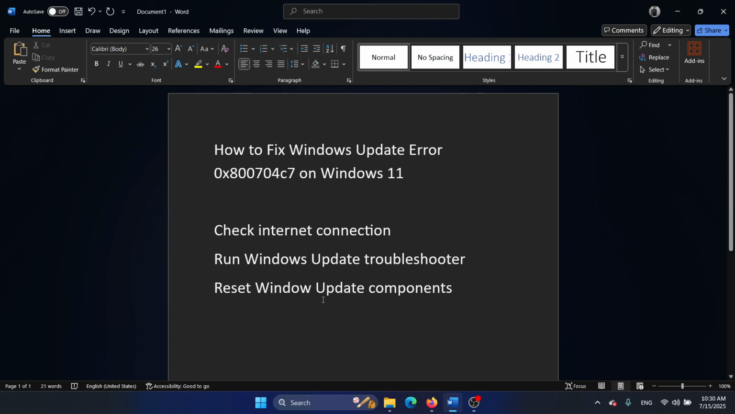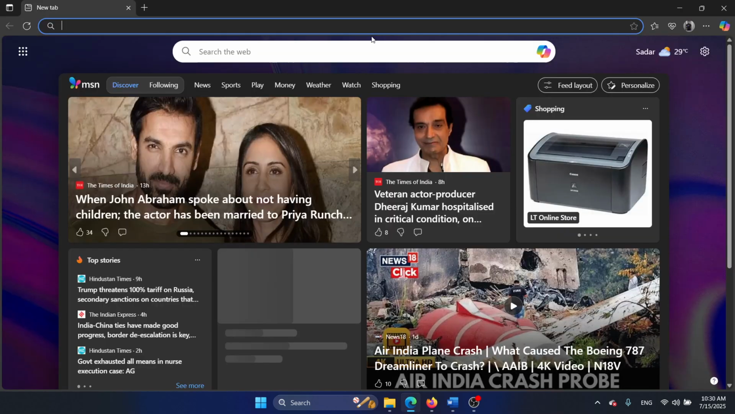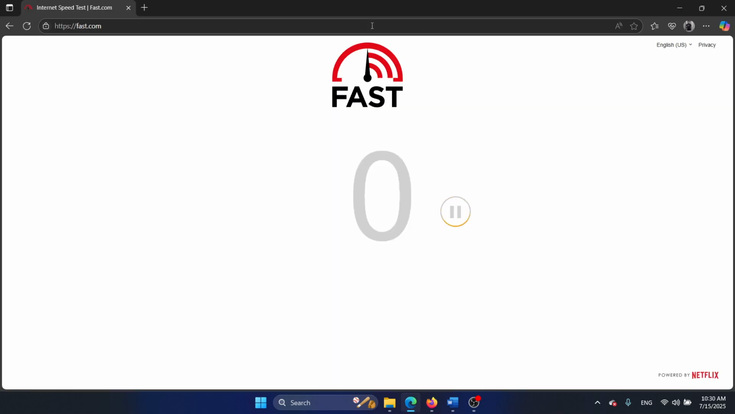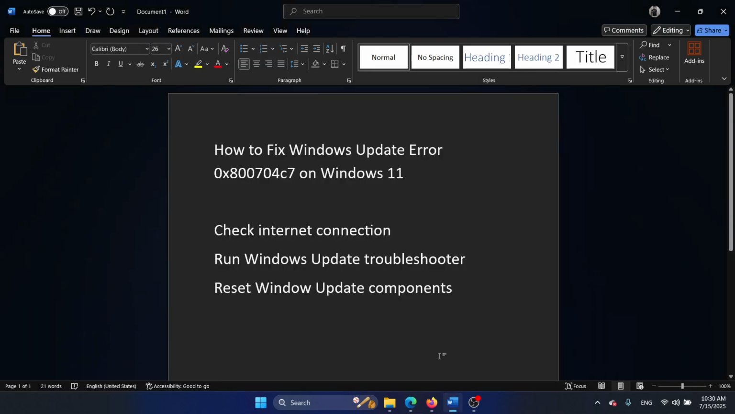So the first solution is to check the internet connection. Go to fast.com and hit enter and check the internet connection speed on fast.com. Is it good enough? If yes, then move on to the next solution, which is to run the Windows Update